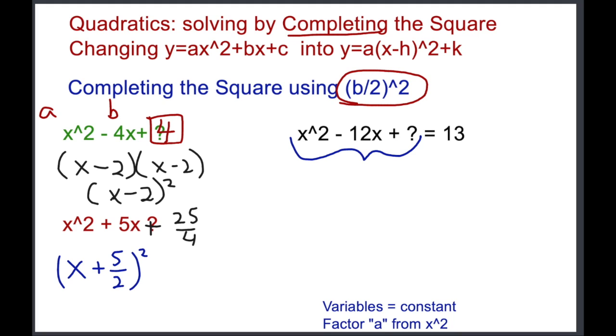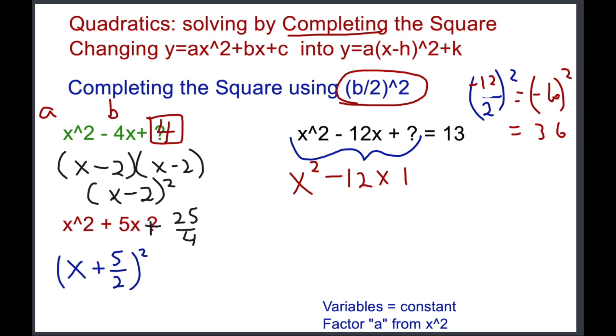complete this box. So we start with our formula, which is b over 2 squared, and our b in this case is a negative 12. So this becomes negative 6 quantity squared, which turns into 36. So that means this problem adds a 36 into the left side,